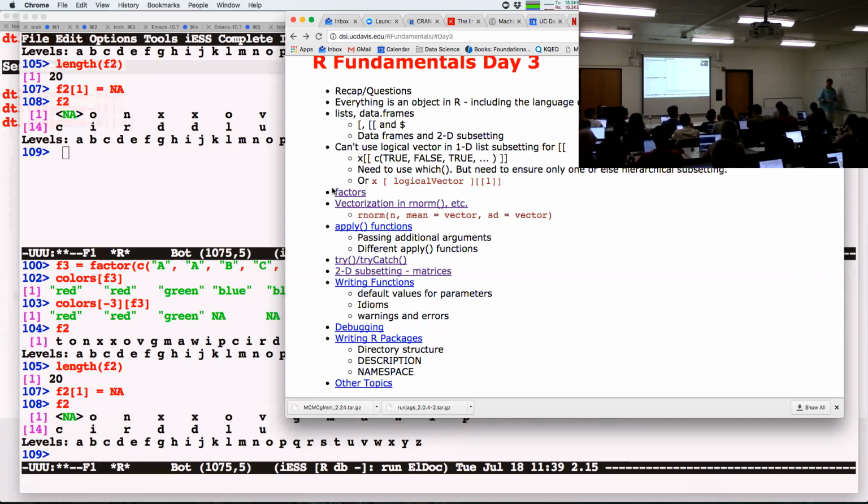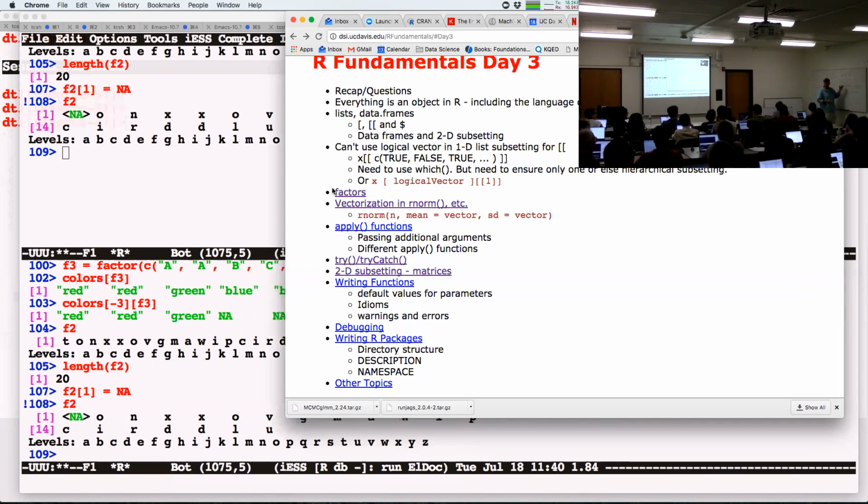I can ask where they are, and this helps because now I can use which on this logical matrix. But if we think about this, it's one big vector. I can just say, hey, M, give me all the entries which are bigger than 10, and I get exactly the same answer. So sometimes it's useful to do it this way, because a matrix is just a vector. We're just asking which elements they are. And if I really care about which rows and columns, then I can pull this out with logical values, as opposed to trying to understand this weird structure. Anyone with me? Any questions?